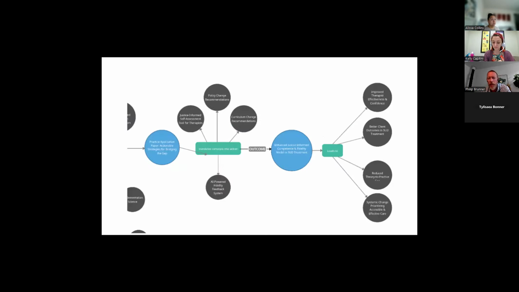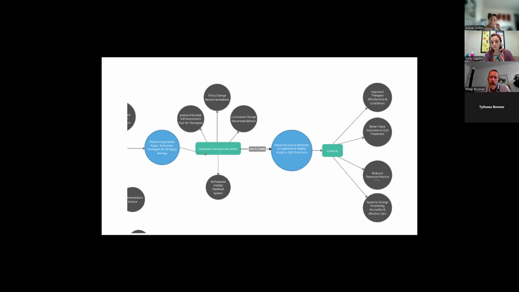The practice application paper translates these conceptual ideas into actionable strategies. My core recommendation is the development and implementation of a justice-informed self-assessment tool for therapists. This tool, grounded in implementation science, would help therapists maintain adherence to minimalist assets: empathy, non-judgment, rapport building, and cultural humility. It provides crucial feedback when external supervision is limited, empowering therapists to self-correct and continuously align with these most impactful elements of therapy.